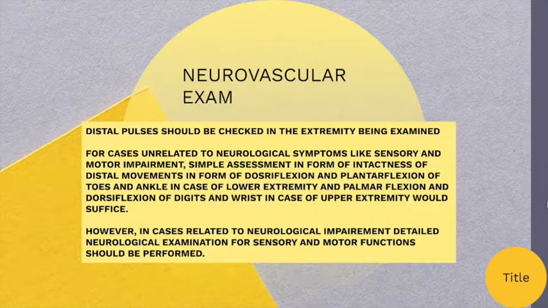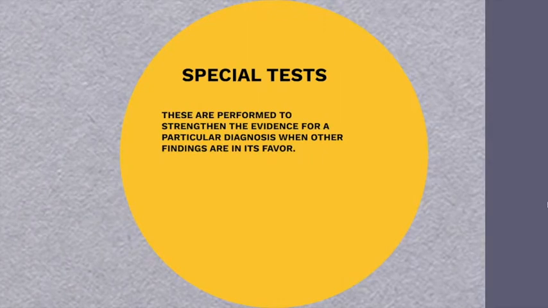However, in cases related to neurological impairment, we have to perform a detailed neurological examination for sensory and motor functions. Then there are some special tests which are different for individual